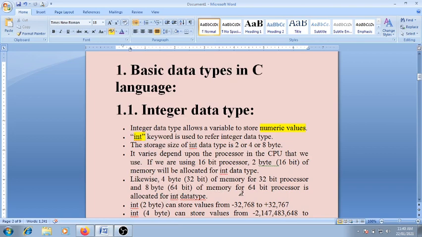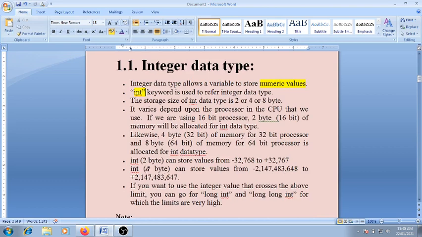An int of 2 bytes can store values from -32,768 to +32,767. This is the range; up to that range we can store values in the integer data type.